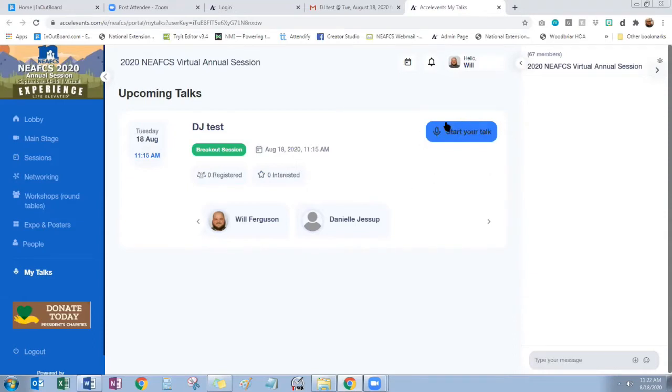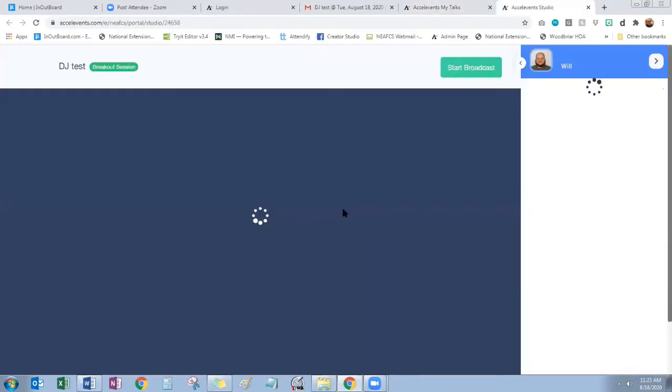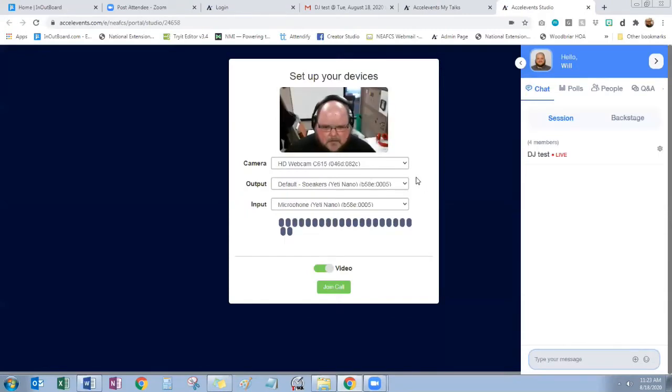The important button you want to look for is this blue Start Your Talk button. So you're going to click on that. And that's going to bring up your settings for your webcam, microphone, and speakers. This is going to be an area where you're going to need to be very sure of your particular setup, and you may have some technical questions or issues with this. You may need to reach out to an IT person and have them help you determine your best camera, speakers,